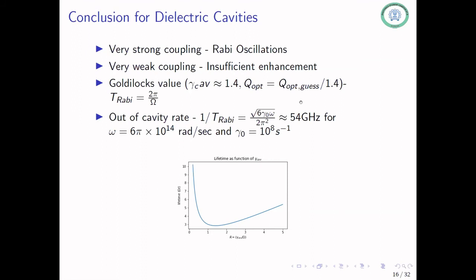And so basically this is a graph of your lifetime, again calculated as an area under the curve, and 1.4 happens to be the minimum, so that's why we had that value there. And so your optimal Q value is actually your optimal guess value upon 1.4, so the guess value that we calculated earlier. So you can see that this is still within the achievable limits and something you can actually do.